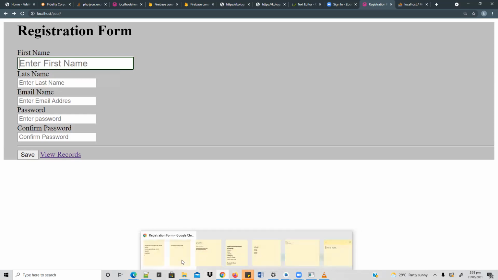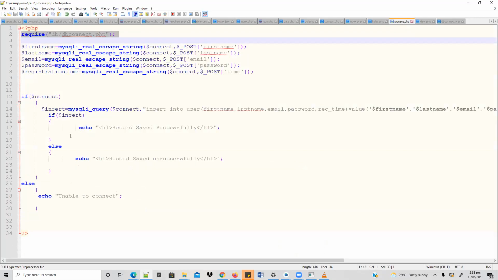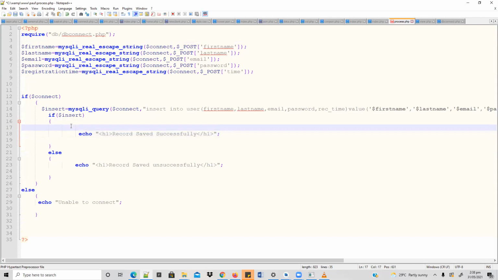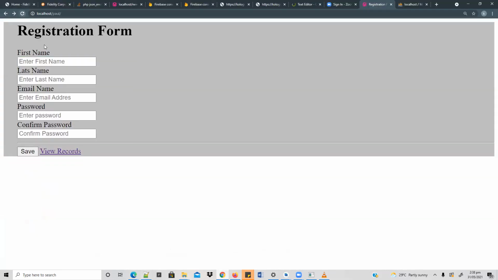But you can have this under your process. You were saying that if inserted, check here, if inserted, we're going to use native PHP header, if you send it to a location called view.php. Can you see that? Yeah. Okay. So in this case,